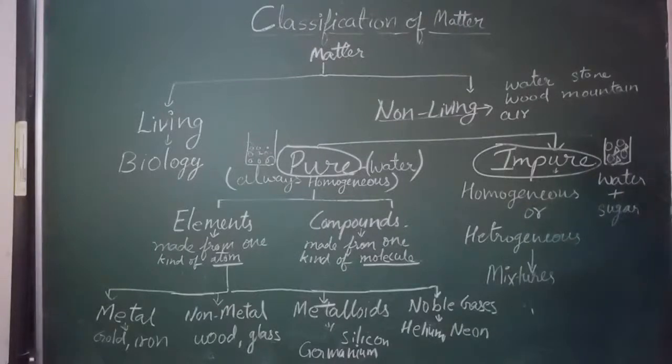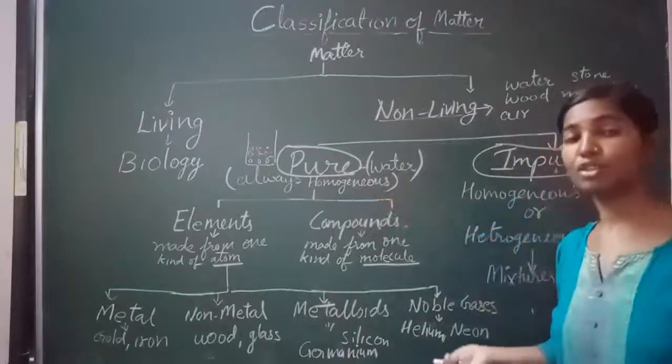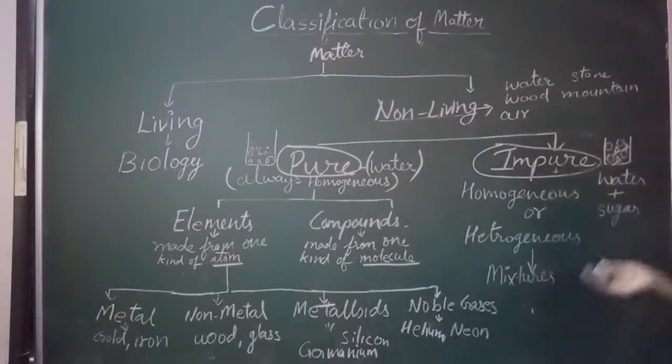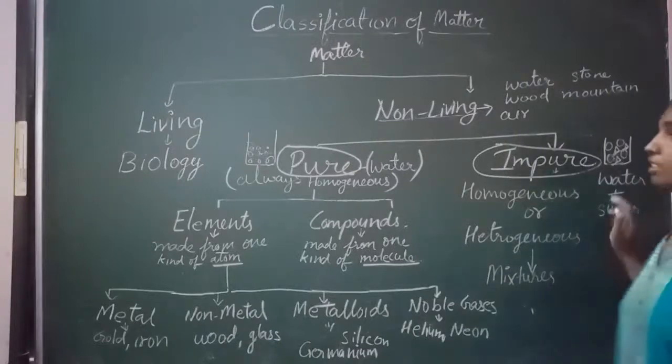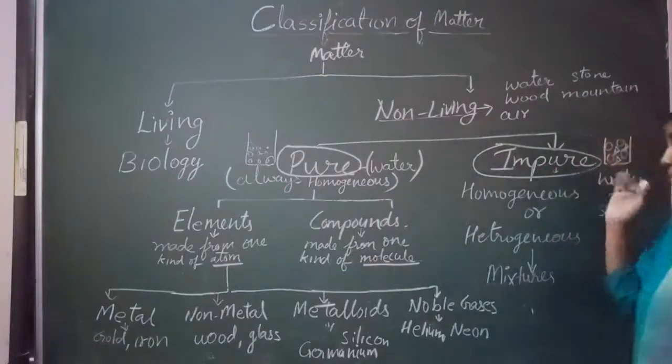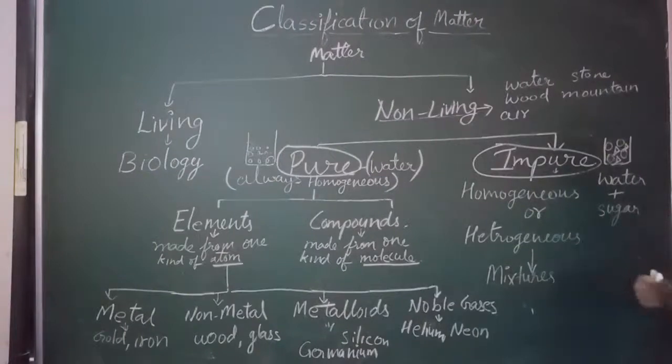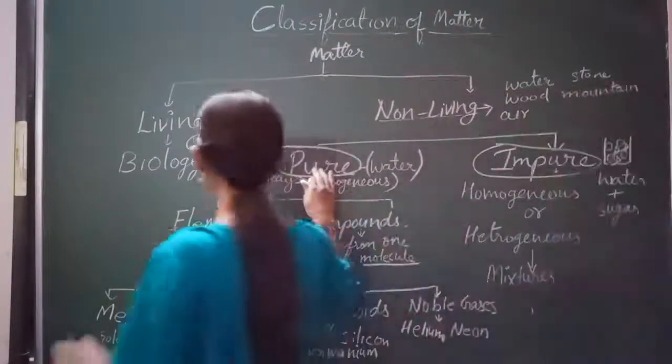Now it becomes impure. If I am saying water, then it is pure, but if I am saying sugar solution or salt solution, then it will be impure because in that some other chemical is also mixed. So that is impure. Impure one can be homogeneous, can be heterogeneous. This as we go in topic, deeply in topic, we will read these two topics deeply. So now just only understand that impure one can be of type homogeneous and heterogeneous. Now come to here this pure.